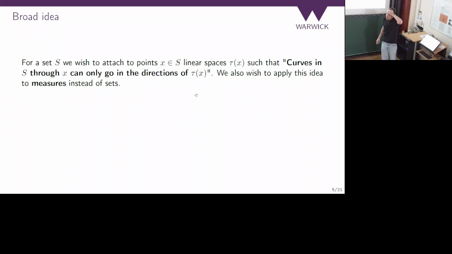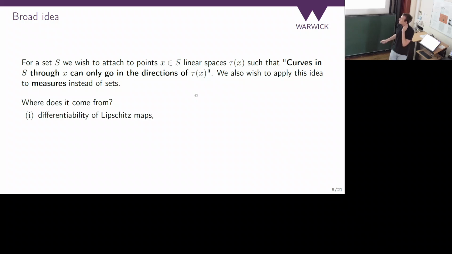However, we are trying to apply this to general sets, where you don't assume any structure of the set. S is literally a metric space, and that's all you know about it. That is somewhat of a newer idea, and the question is, where does it come from? Which philosophically can mean two different things. One is, where did a human being come up with this thing for the first time?